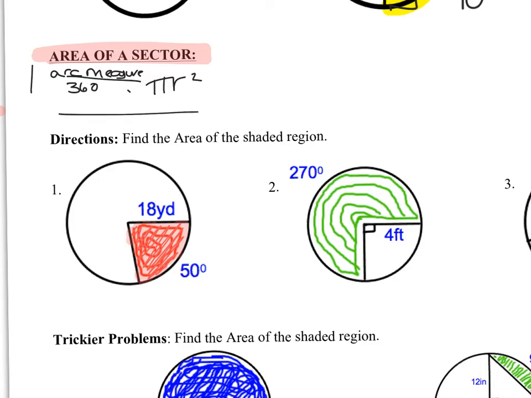That's how I find the area of a piece of pie. I will be very honest with you, this is a very common formula that's forgotten. You do not want to forget it. And it's not that hard because it's just the area of a circle multiplied by the piece of the pie